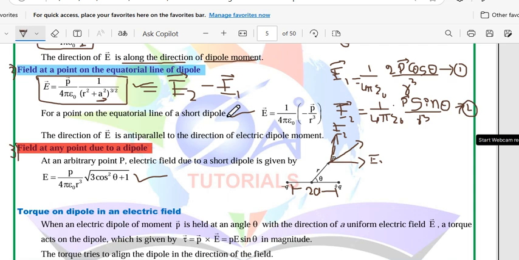By substituting E1 and E2 in E net, 1 by 4 pi epsilon naught is common here, P is common here, and r cube is also common here. Then the remaining terms are